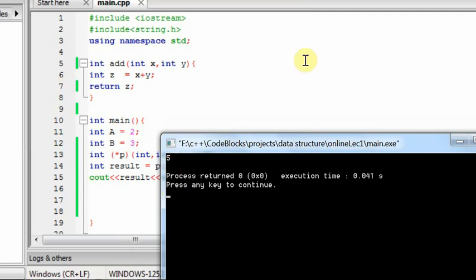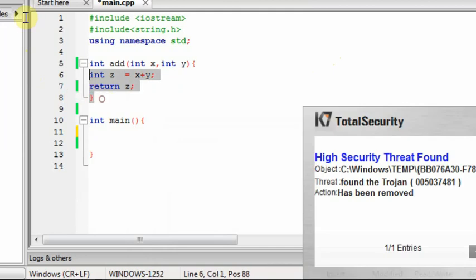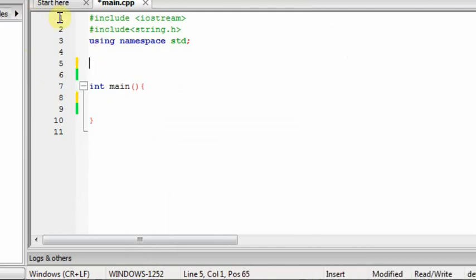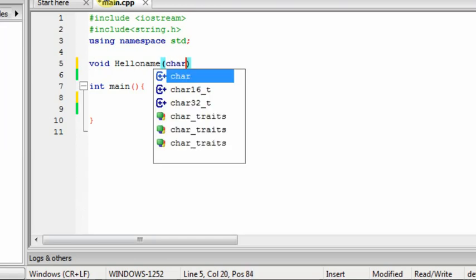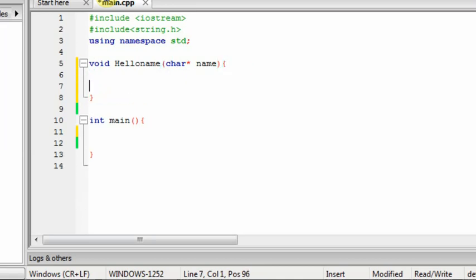Also look at another example to clear your doubt. I create a simple void function which will take a name as the argument and then say hello to the name.